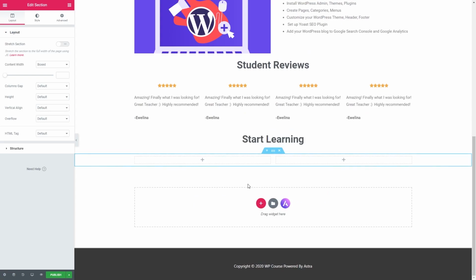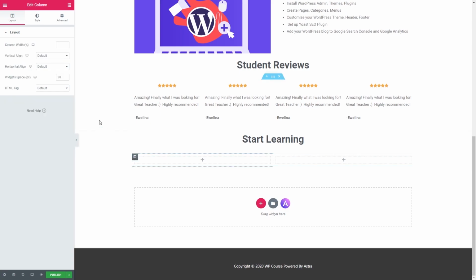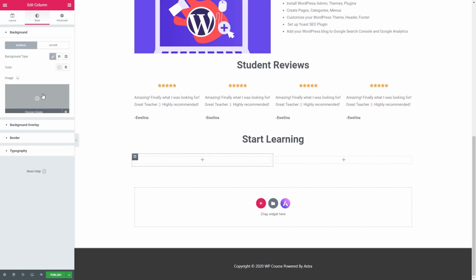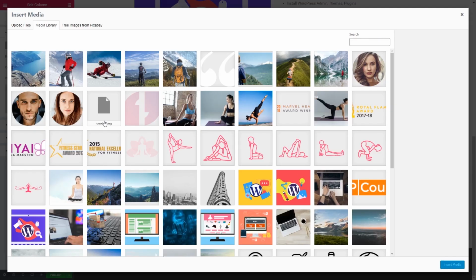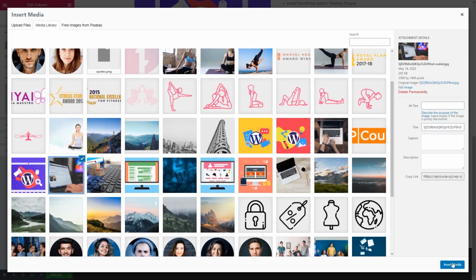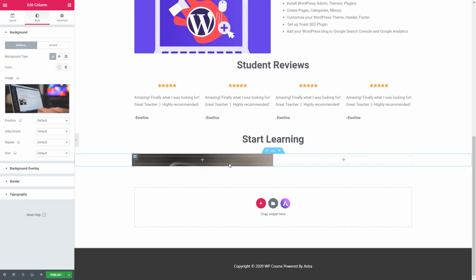Let's start by adding a background image for our first column by going right here and clicking on this section, and we would have to go in the style section. Let's click background type, let's select classic, and let's choose an image from our media library. So I have some images uploaded. I'm just gonna choose this one, and I'm gonna click insert media. So right now it doesn't look too good because our image is not being displayed properly,